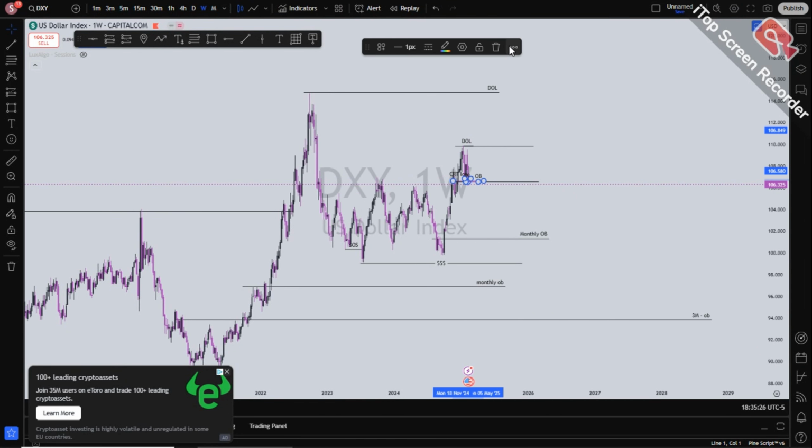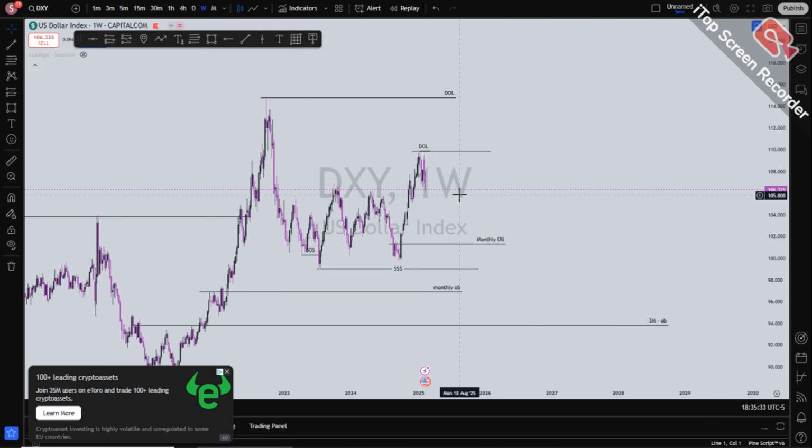So now this is the chart, this is DXY. The reason why I'm analyzing DXY is that if you can understand the direction where DXY is going, we can easily understand the direction of any pair mapped to DXY. For example, if DXY is bearish, we're expecting GBPUSD to be bullish, EURUSD to be bullish, gold to be bullish. And if we have DXY to be bullish, we should be expecting pairs like GBPUSD to be bearish and vice versa. So right now we'll start on the weekly time frame.